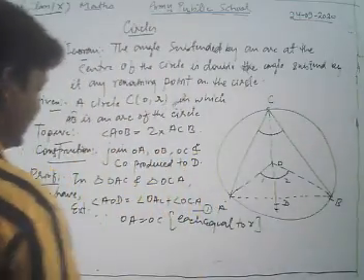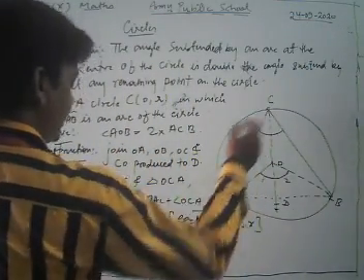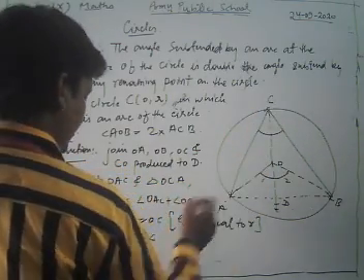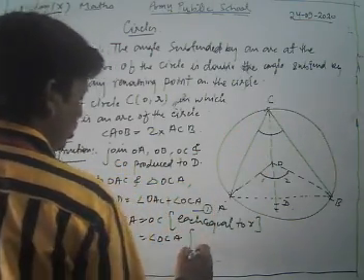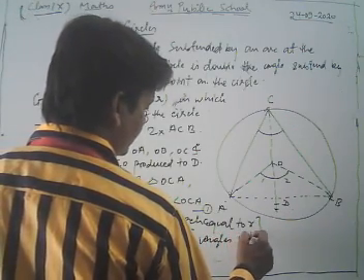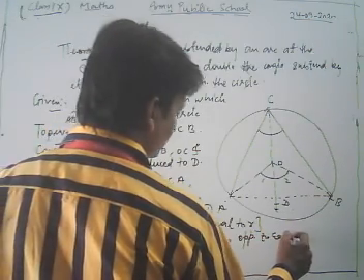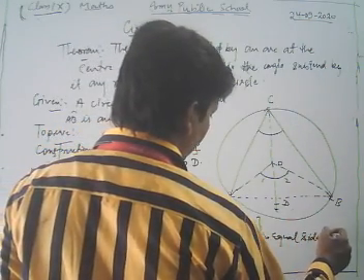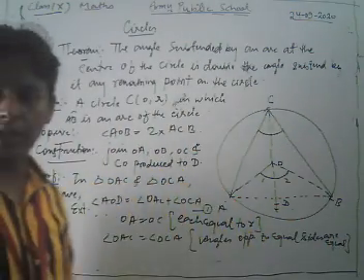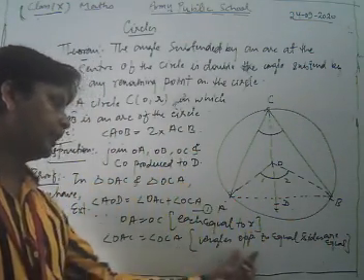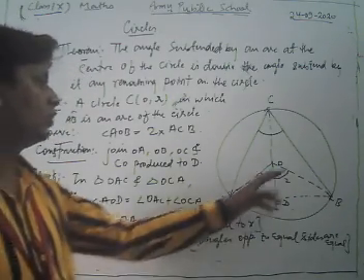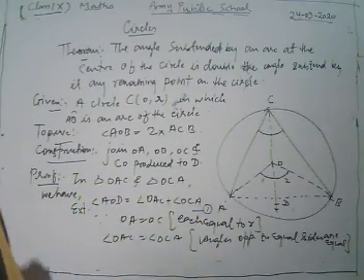So we write, angle OAC is equal to angle OCA, because angles opposite to equal sides are equal. Dear student, we know that angles opposite to equal sides are equal, so we have angle OAC equal to angle OCA. Now, from equation 1